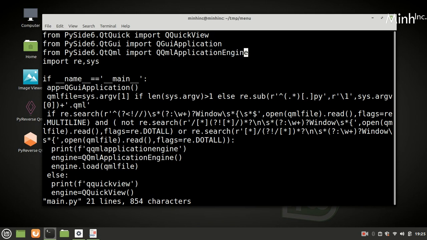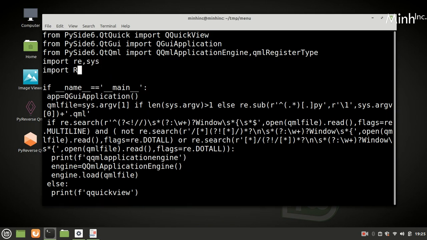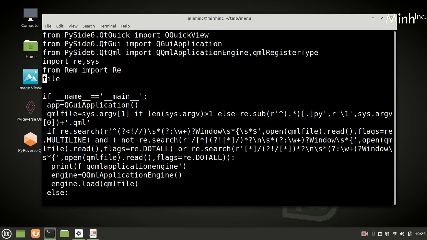Here we'll say QML register type. So one thing that we'll import, and here after QQ application engine probably will import REM, from REM import RE, and from file IO import file IO.